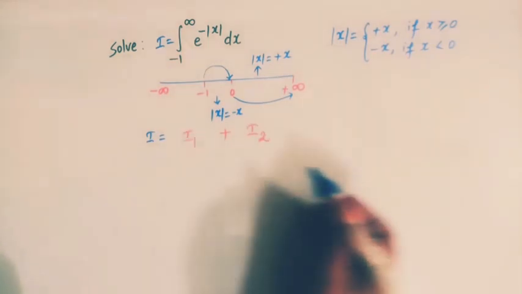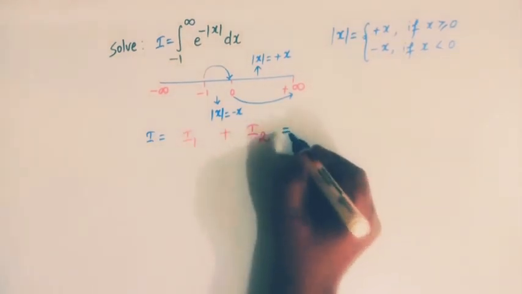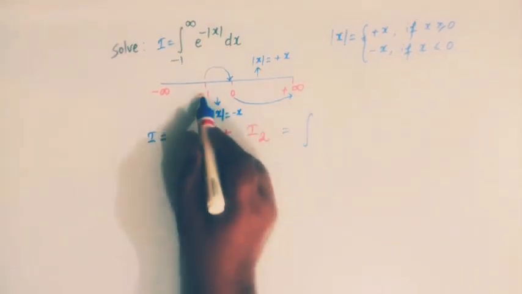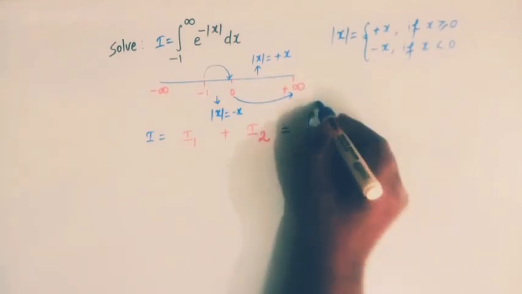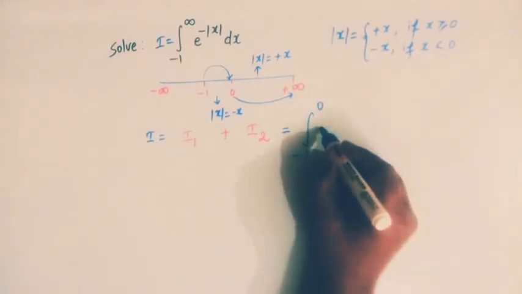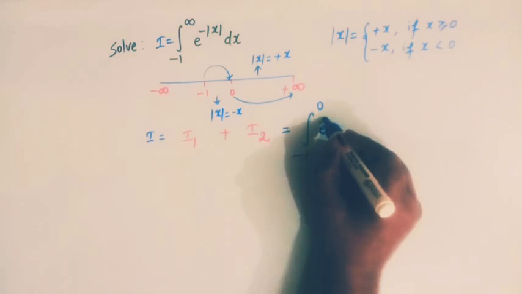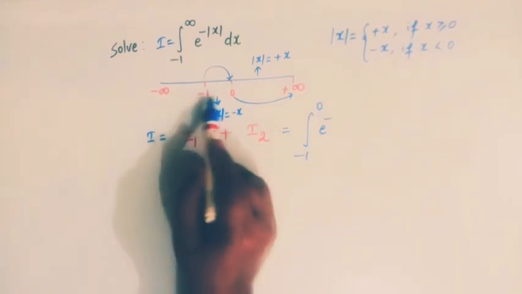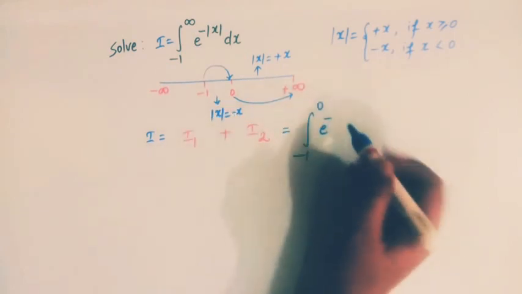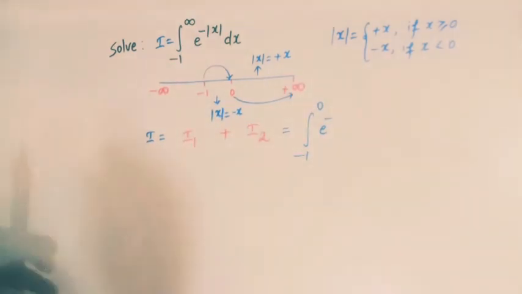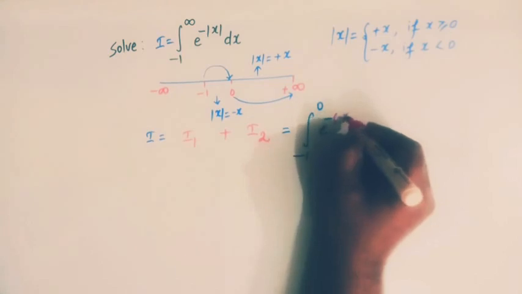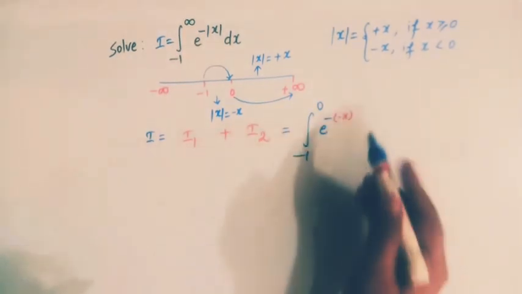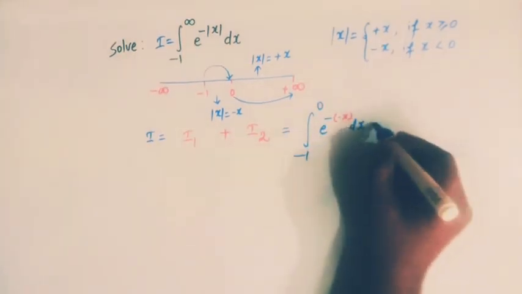I1 is from -1 to 0 of e raised to minus, and because when we take the limits from -1 to 0 mod of x is equal to minus x, here we'll have minus x, and here we have dx, then plus